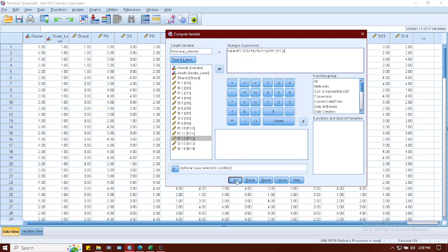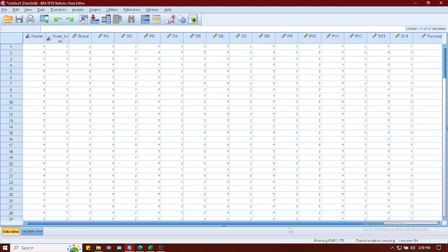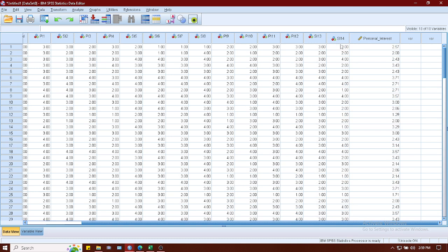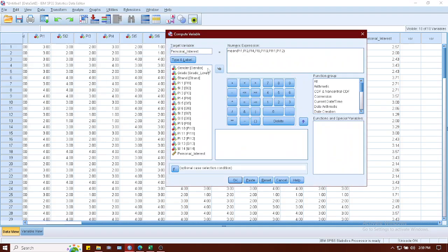So when you do that, you have a new column here which is not copied from Excel but is created by transforming the data. So this is personal interest. The next is we need to compute for the mean of the situational interest or SI.